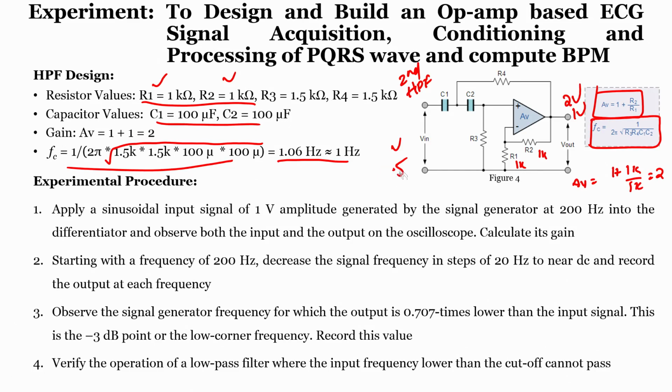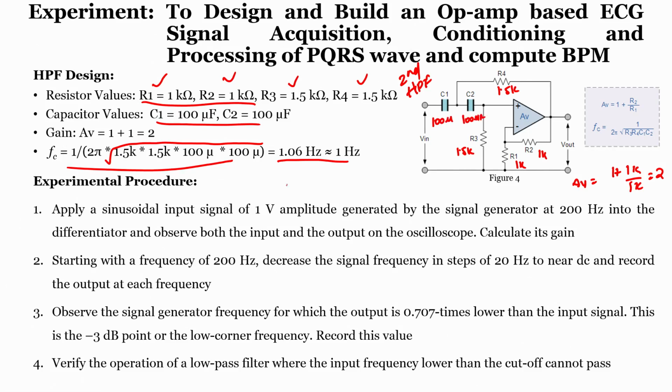Apart from using our instrumentation amplifier, some amount of gain can also be applied by using these operational amplifiers too, right. Then we have chosen R3 and R4 resistance as 1.5 k and 1.5 k, right. And what about C1, C2? Both C1 and C2 we have used as 100 microfarad.